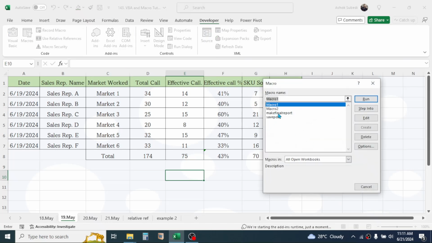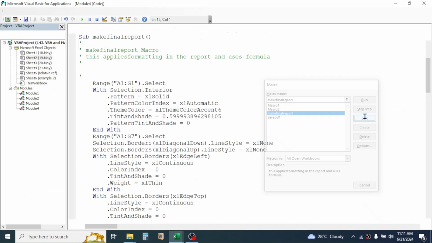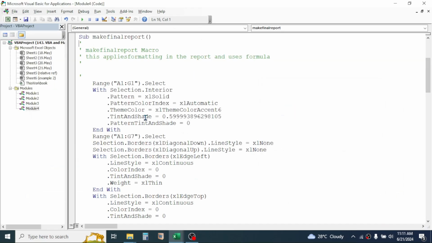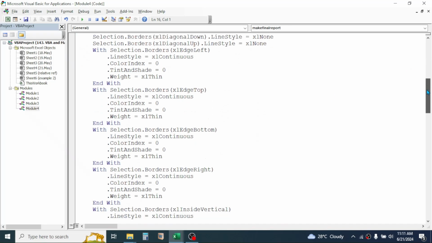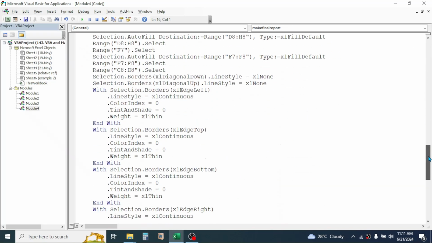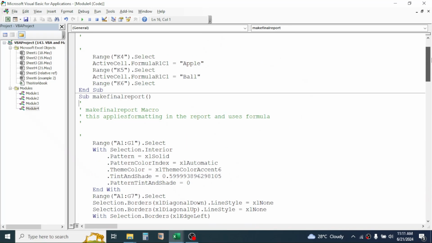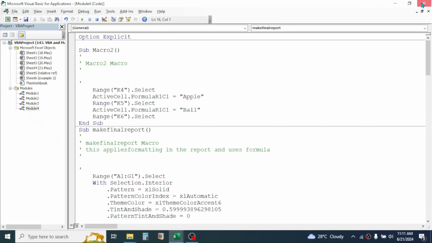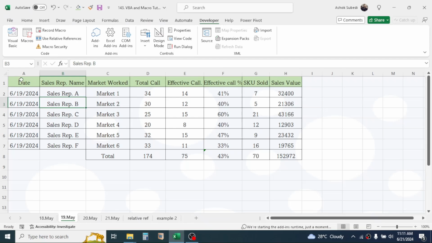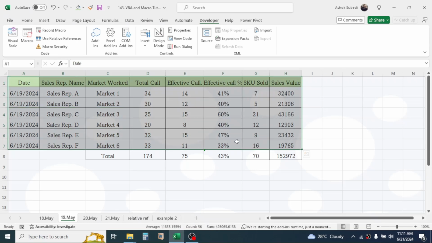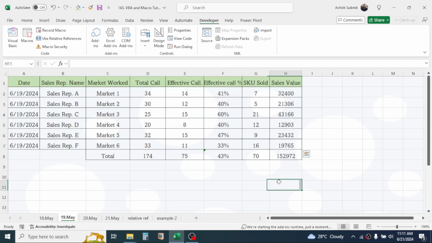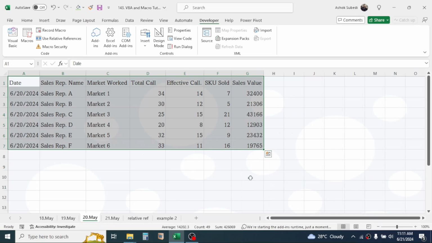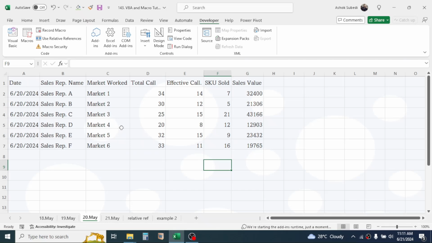Here you see make final report macro is saved. If I click on edit, here you see the VBA script is generated by Excel, and this all script is used for automating the repetitive task, that is to apply the formatting to the data and to use the formula here. So after recording this action, now in the next day when you export your report from the software, then